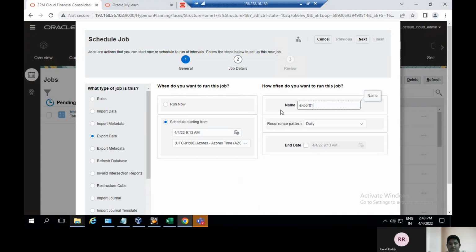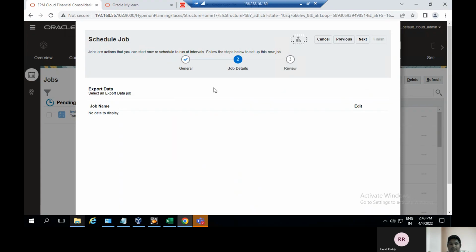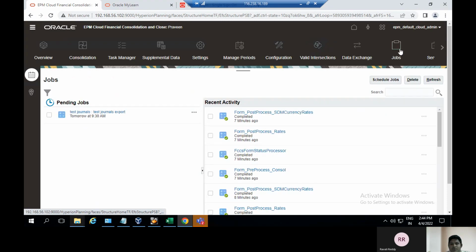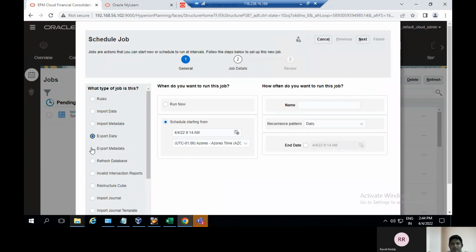Export one. Then click on job details, and select a job in export data. Once it is created, go again to the job details and schedule jobs on how to create an export data job. Here, for export data, the name is given as export